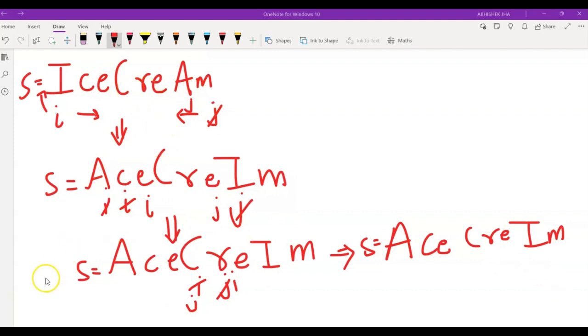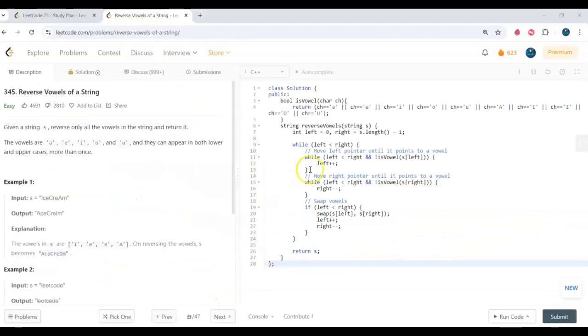So let's move on to the code. This is the code for the optimal approach we have discussed. Here I have taken two pointers, left and right. Left starts from index 0 and right starts from the end of the string. We'll use a while loop until left is less than right. We'll move the left pointer until it points to a vowel using this particular while condition, and the same goes with the right pointer. Until it points to a vowel, we'll decrement the right pointer one step back,